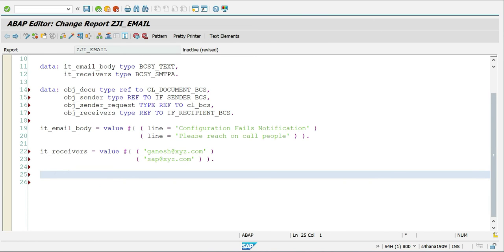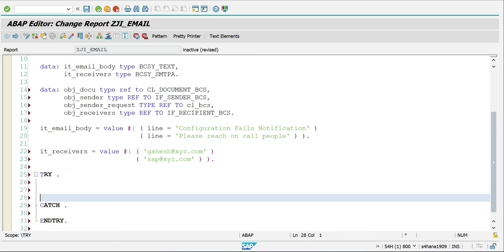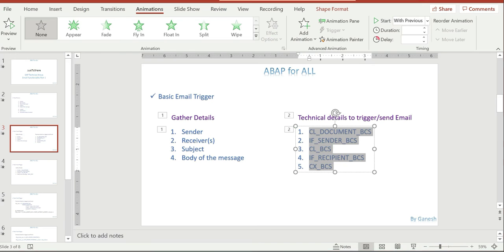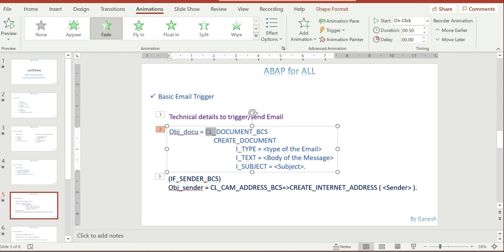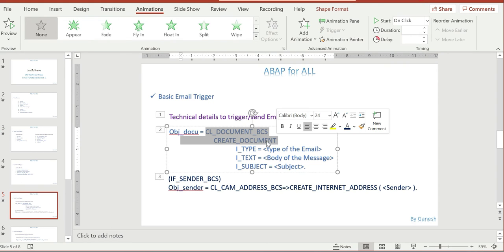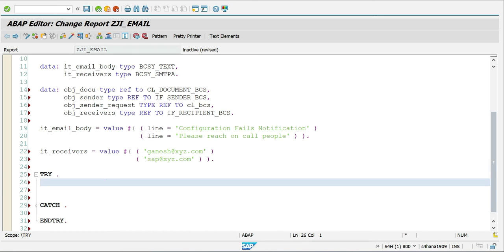So now we need to write code which triggers an email along with all the contents. What is the sender, receiver, email body, and then subject. Okay, very basic thing. Let me go with try catch. So first thing, as per the slide, we'll go, and this is the one. So on this class, I'm going to call the method create document. Okay, so see create document. Let me copy the CL document BCS. Go here, Control F6,